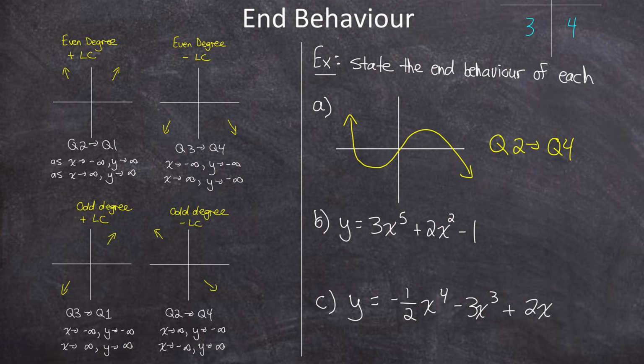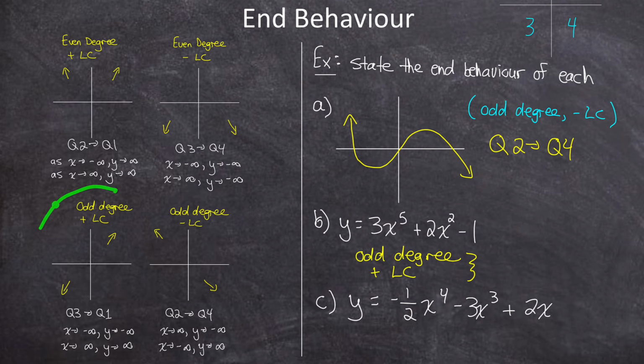And I don't see its equation, but because of that end behavior, I would actually know a little bit about its equation. Because it has this end behavior, I know that it is an odd degree polynomial function with a negative leading coefficient. And in part B, we just have the equation, we don't have the graph. But from the equation, if I look at the highest degree term, I see that it is degree 5, which is an odd degree, and the coefficient of the highest degree term, its leading coefficient, 3, is positive. So because of those two criteria, I know it is this scenario where the function starts in quadrant 3 and